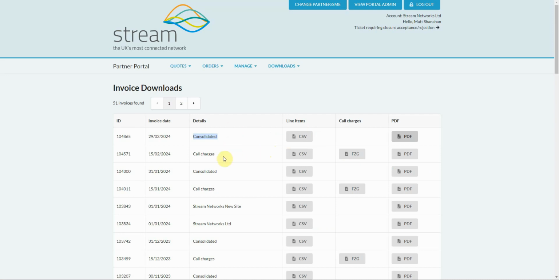You can also from this section, so consolidated is for line item or line rental items, so things like broadband, cloud services, voice user licenses, but then there's a call charges section which is used for perhaps mobile data charges or telephony calls. Again, you can see the call charges section here. I can either download that as a PDF,